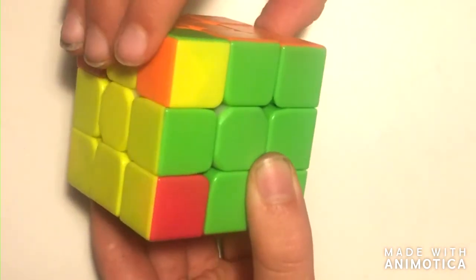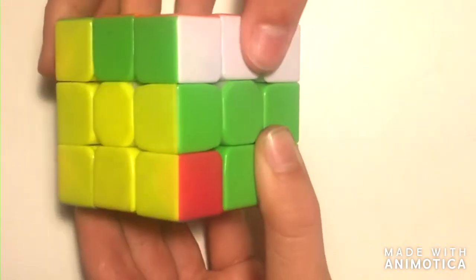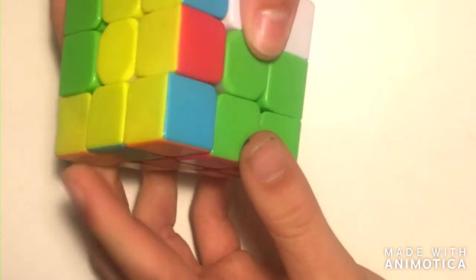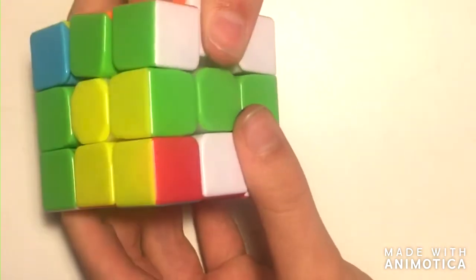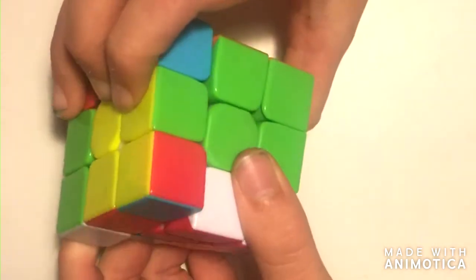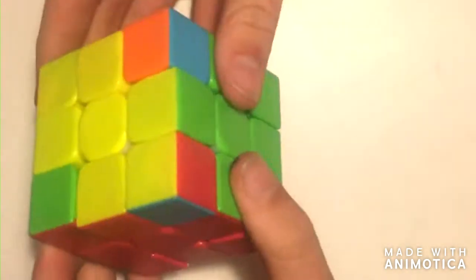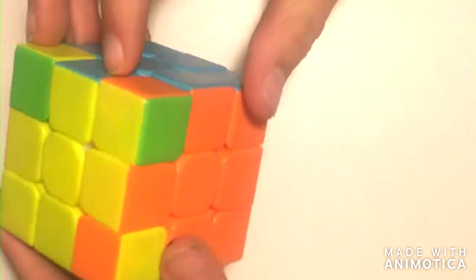So R, U prime, L prime, U, R prime, U prime, U prime and L. Move that across, and we have got